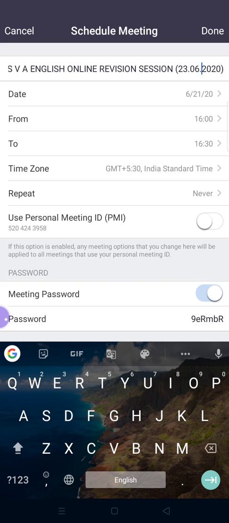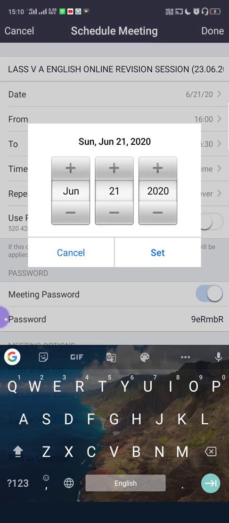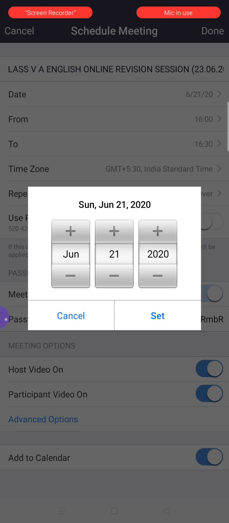Because 22nd, that is tomorrow, for Monday, we have already scheduled meetings for you all, right? From tomorrow onwards, you will be scheduling that. That's why we are making it. So the date will be there, and next is the date for which you are scheduling the meeting. So you have this month, date, day and the year.